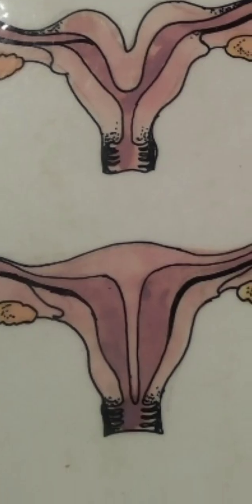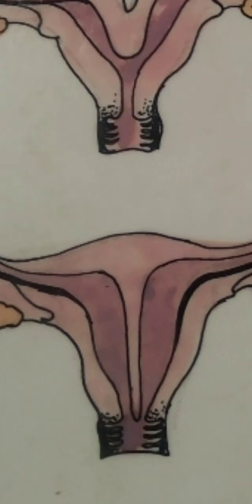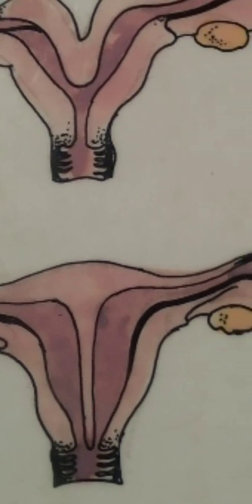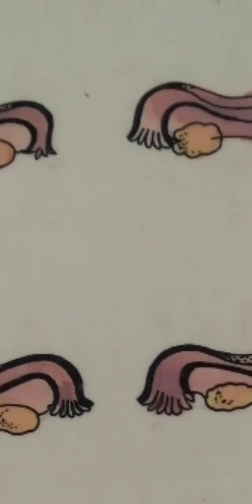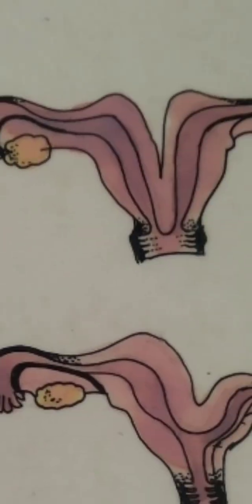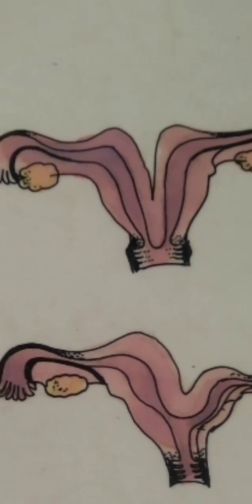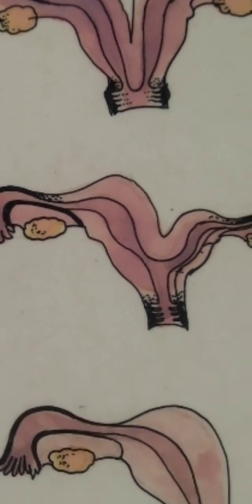It's called septate uterus. After the union of the lower vertical portion of the paramesonephric ducts, the common wall should disappear, but here it has not disappeared, leaving the septa. Here we can see the complete septa. There can be partial septas also. Okay, that is septate uterus. This is bicornuate uterus, where the uterus resembles two horns. Bicornuate uterus. This is unicornuate uterus, where only one horn is there, other horn or the cornu